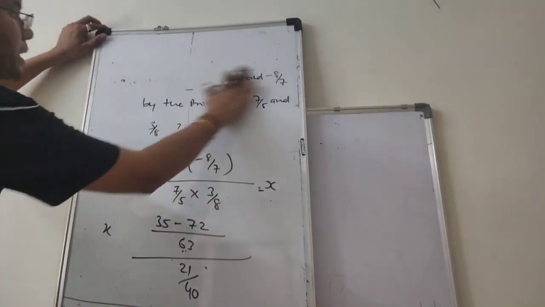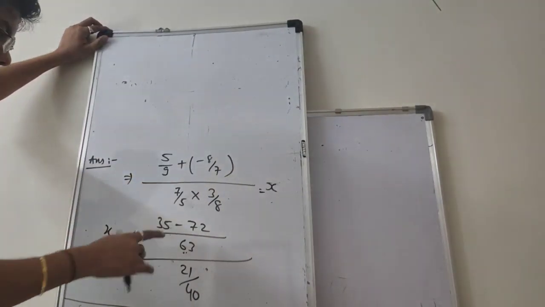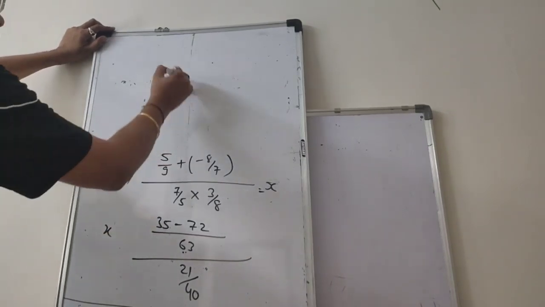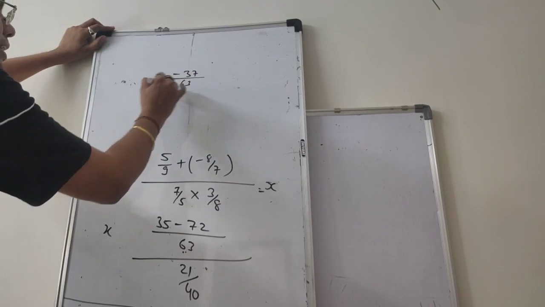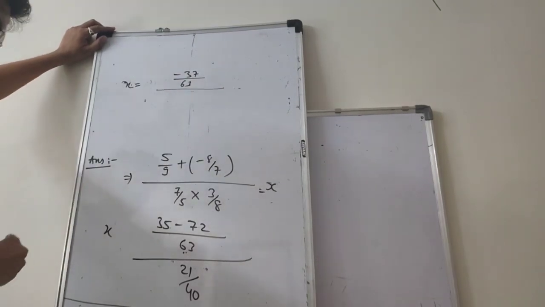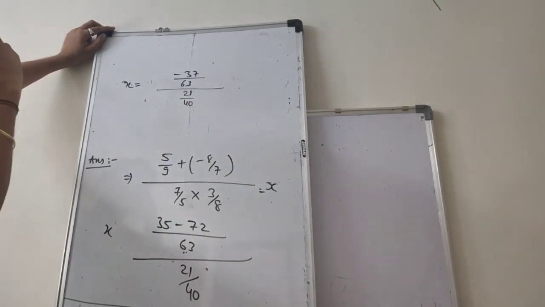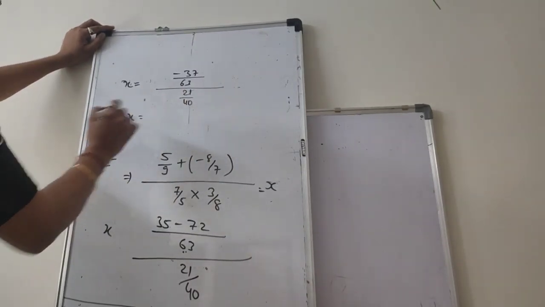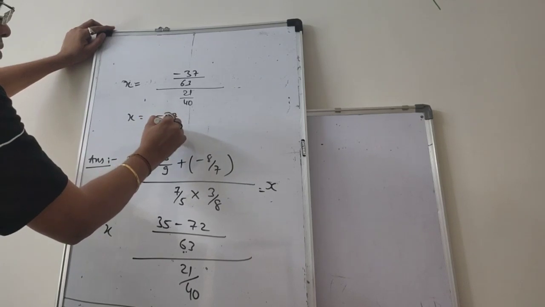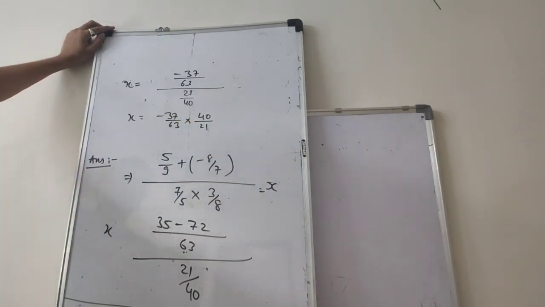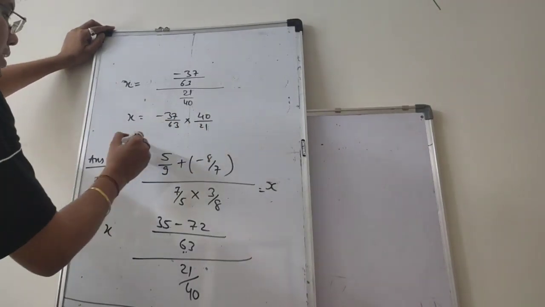Now the numerator is 35 minus 72, that is minus 37 by 63, divided by 21 by 40. So the reciprocal becomes minus 37 by 63 into 40 by 21. Okay, so the number x is